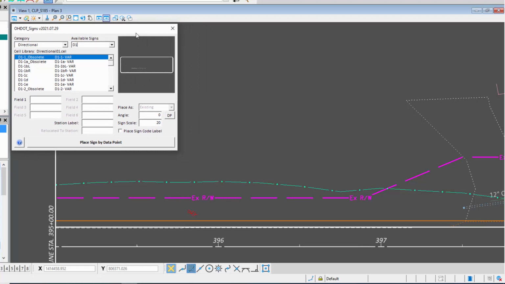the drawing model, and that's typically where you're going to want to place your signs, in the drawing model, not on the sheet. When I open the application, it's looking for a group of cell libraries, and the location for those cells is defined by a configuration variable, OHDOT_signs. And if that variable is defined and it finds the signs, you'll see them show up in the